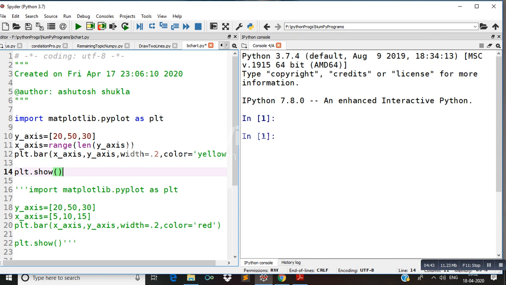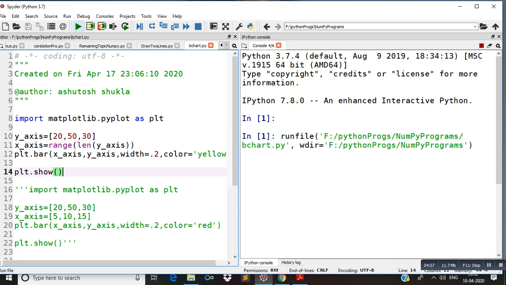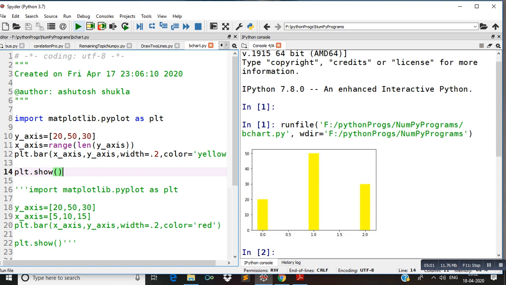Now I am going to execute this portion and you will see the output of this program. Here you can find three vertical bars.